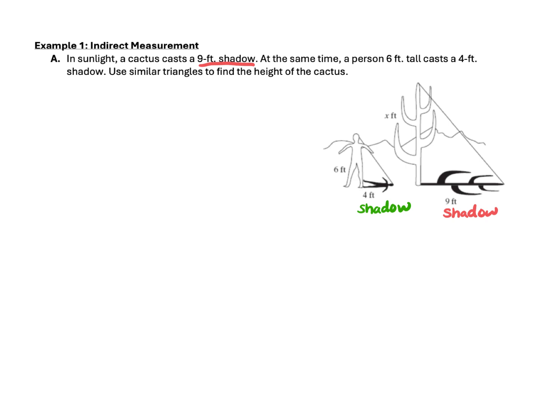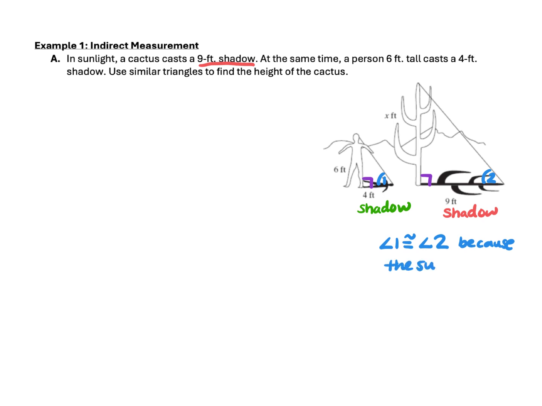Now, before I set up my proportion to find the height of the cactus, I want to just briefly touch on why these two triangles are similar. First, the person and the cactus are both going to be perpendicular to the ground. So these are right triangles, so that's one angle. Another angle that we can show is the same is this angle right here. I'm going to call that angle 1. And this angle right here, I'll call that angle 2. Angle 1 is going to be congruent to angle 2 in my pictures